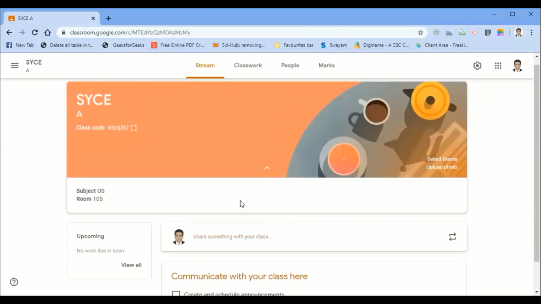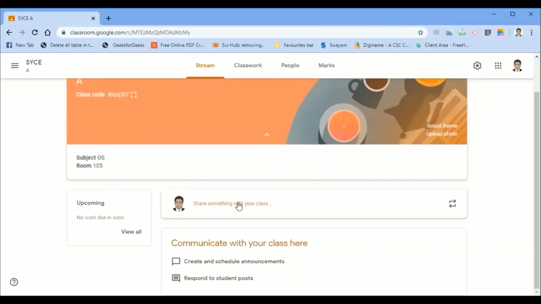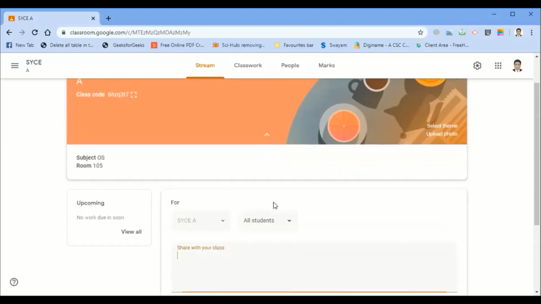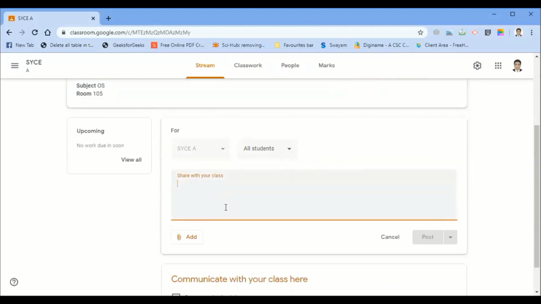Okay, see here, if a teacher wants to share something with the class or students, simply tap here. If you want to share a message, you can write it here. Now if you want to share this message with all students, we select all the students. If you want particular students, the enrolled students are listed here, and you have to tap on those particular students.